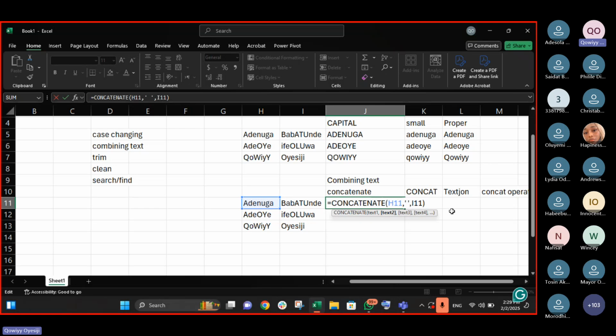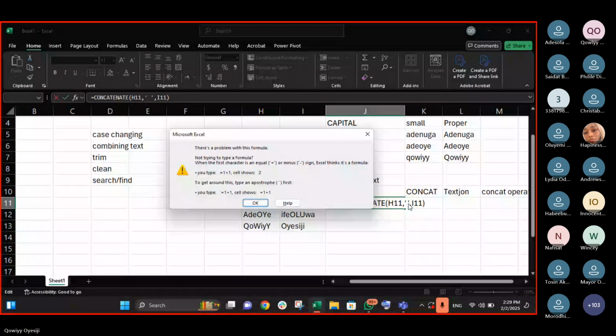The funniest thing is that you can actually use either single or double quotation marks, either of them works. You can see now that my space is not inside the quotation mark. What is the issue? Can you see it, guys? I guess single quotation marks work. It does work. Maybe, I don't know.